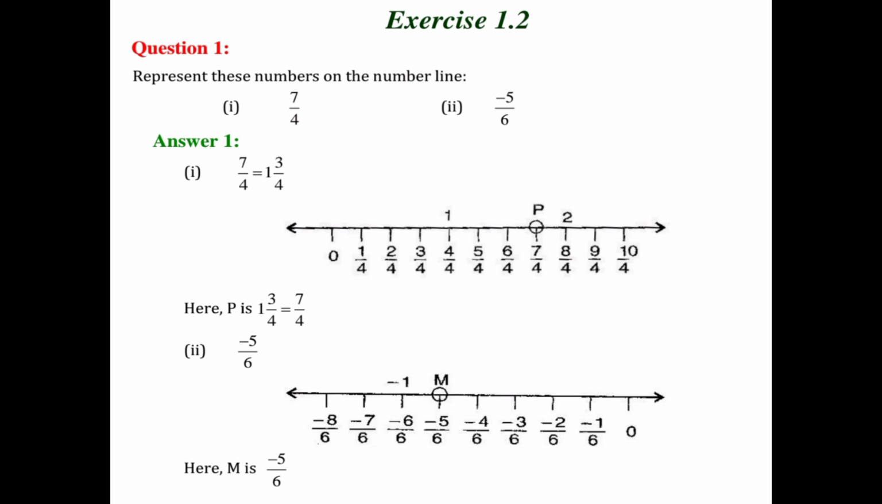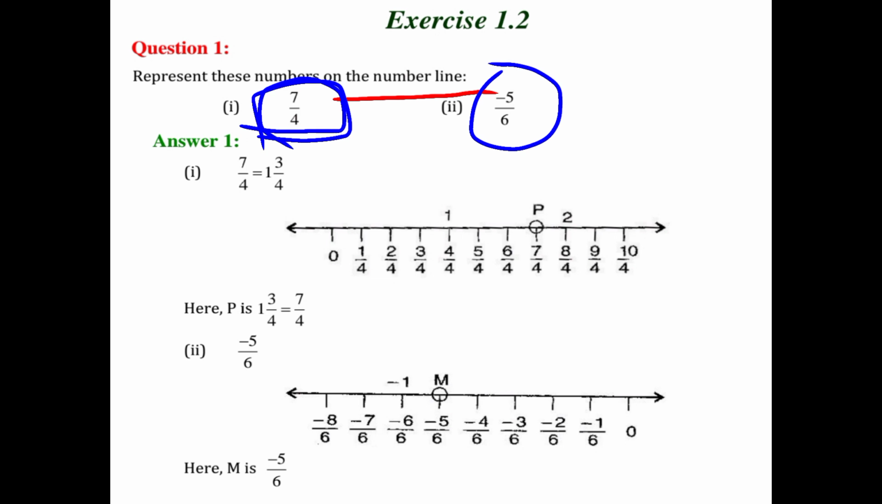So question number one is: represent these numbers on the number line. Number first is 7 by 4 and number second is minus 5 by 6 on a number line, right? Let's take this number 7 by 4 first. So you have to